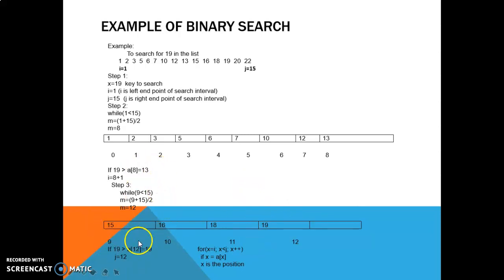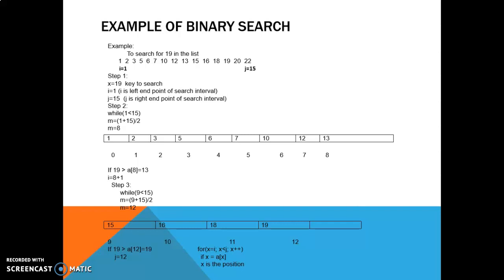So, again, magkakaroon tayo ng condition. Yung key to search niyo ba ay mas malaki dun sa middle ninyo. Ang middle niyo dyan is 12. Ang laman ng 12 niyo is 19. Since hindi na na-satisfy yung condition, therefore, na-determine ng program niyo na hindi to search. So, since nahanap na ng program nyo or series ng number kung saan hahanap yung key to search